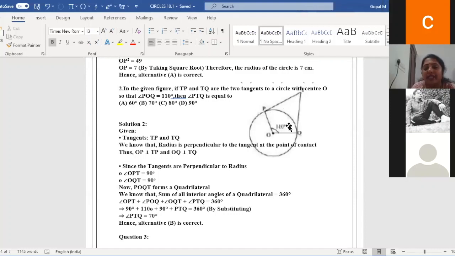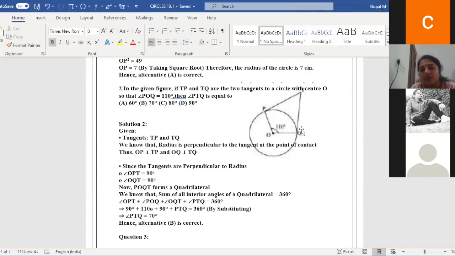When there are two tangents, the tangent to the center is perpendicular, as we discussed. In this particular case, two tangents are drawn from the exterior point, and the interior angle opposite angles are supplementary. So that is different and this is different here. In the previous year, we have not learnt the tangents. Am I clear now? See here, 110 and 70 if you add, are you getting 180? And these opposite angles, angle P and angle Q, if you add, are you getting 180?